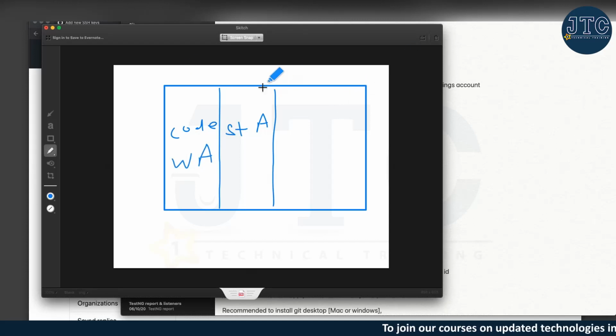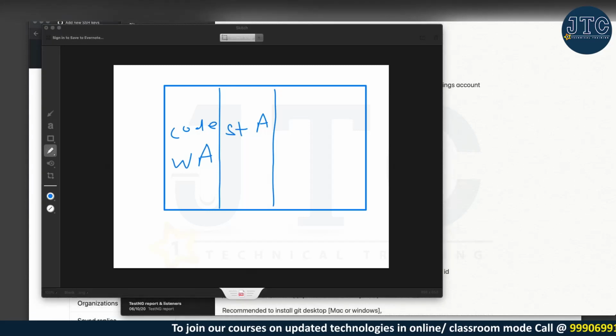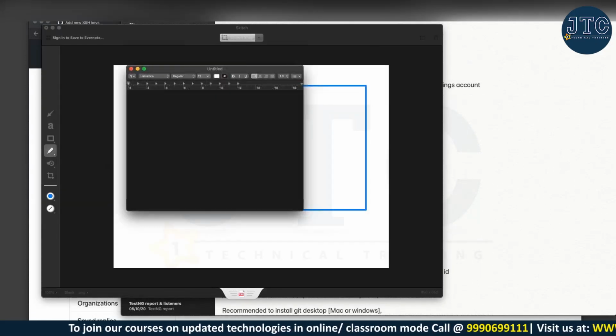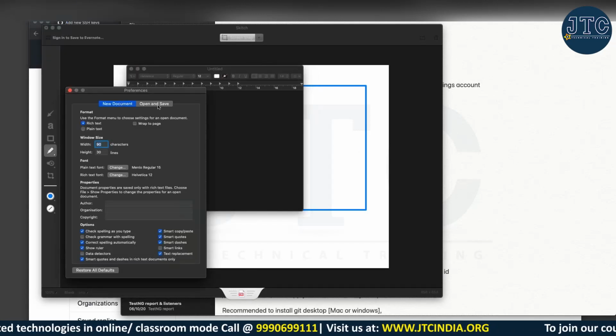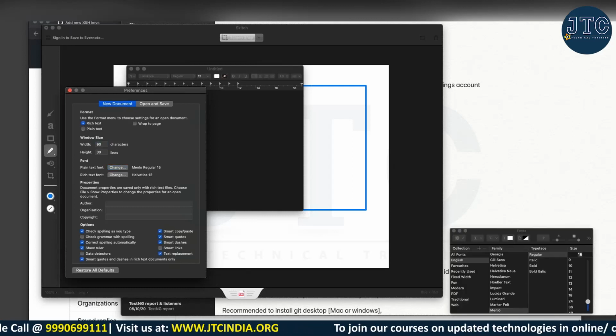So the thing is, let me open a text editor and make it a bigger font.